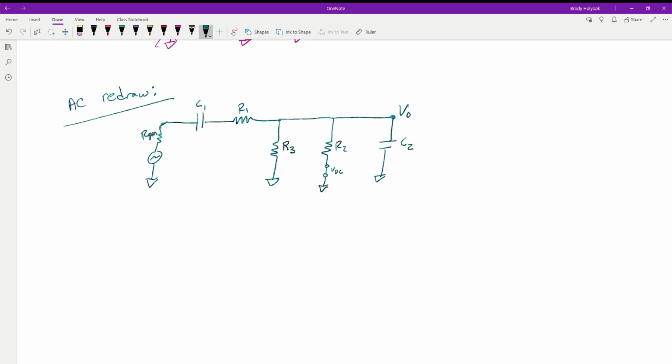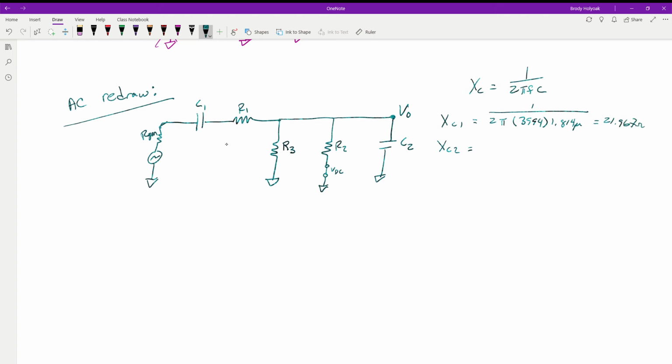One of the first things we need to solve for is our reactance values, X of C1 and X of C2, to see what we are dealing with. Remember, our formula to find capacitive reactance is 1 over 2 pi times the frequency times the capacitance. So we have 2 pi times 3994, which is our frequency, times 1.814 microfarads. We take the reciprocal of that and get 21.967 ohms for X of C1.